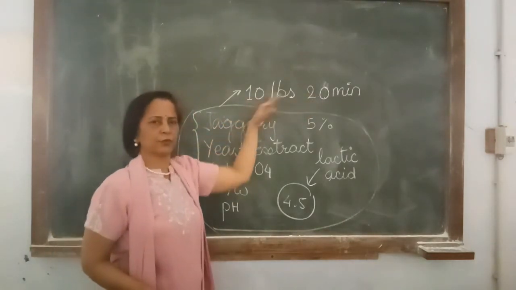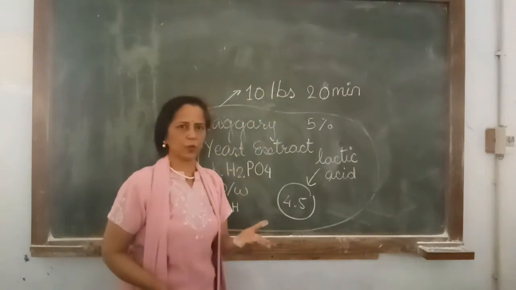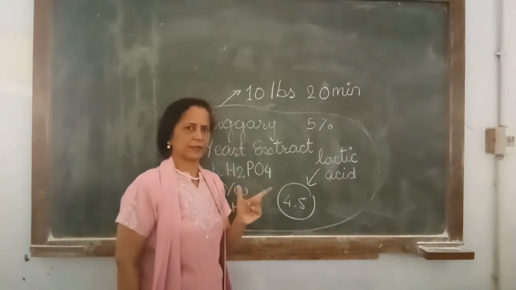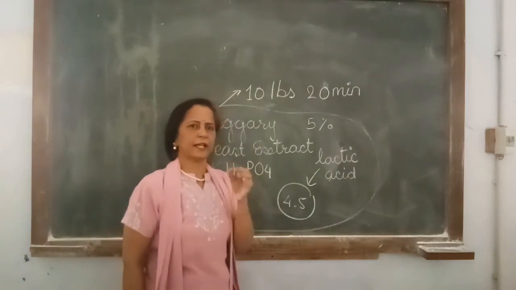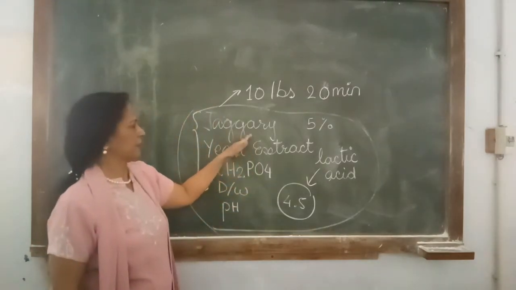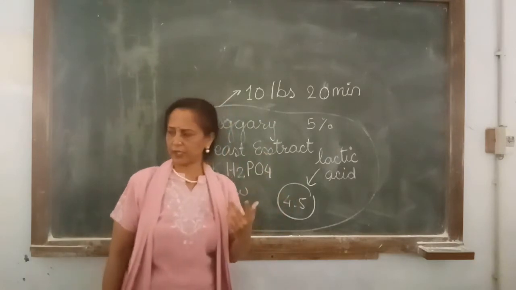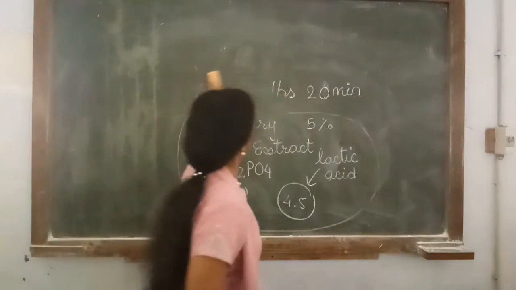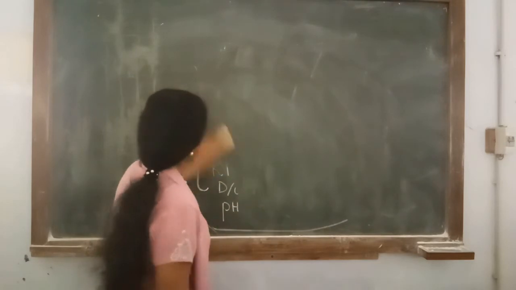What is the reason for lower pressure? This is called steam pressure. Why are we doing so? Because this material contains carbohydrates, and carbohydrates will become brown in color when they are extremely heated under pressure. So that will not happen. Otherwise, the composition of jaggery will change, and it will give a different type of end product. So the inoculum medium is autoclaved at low steam pressure.